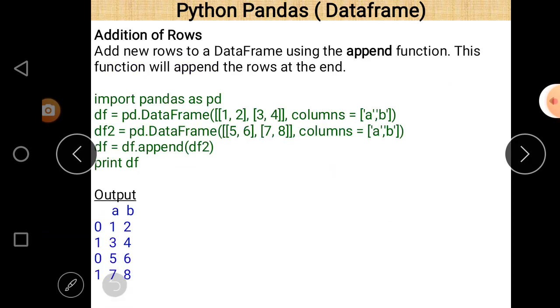Next is addition of rows. For addition of rows we use a function, and the name of the function is append. So there is again a declaration of data frame,